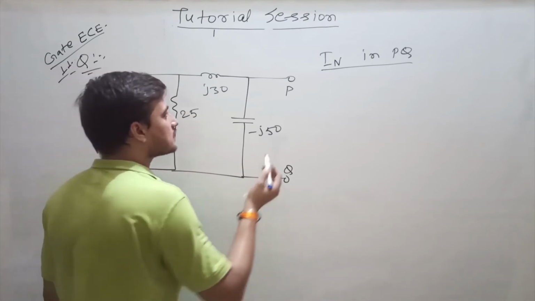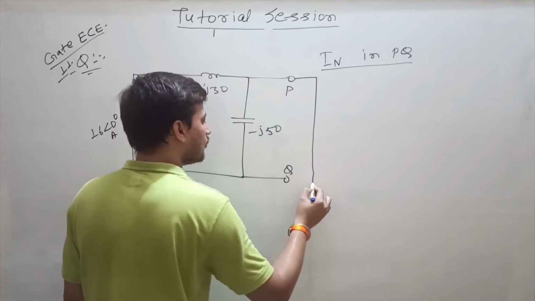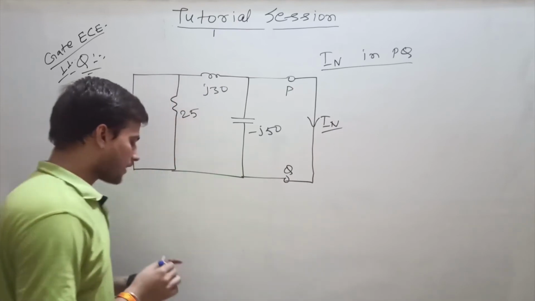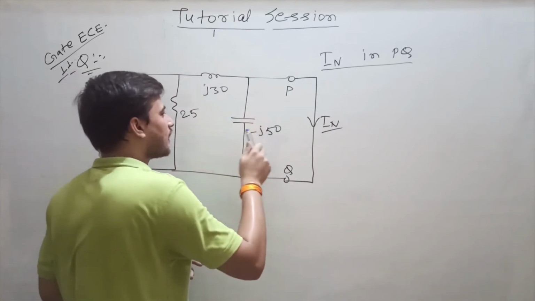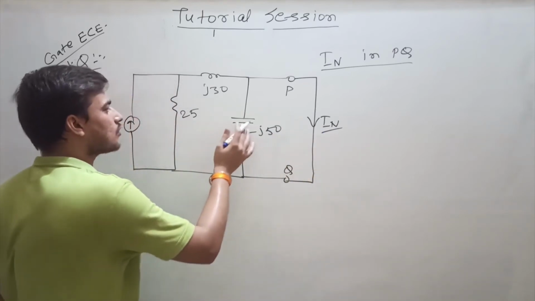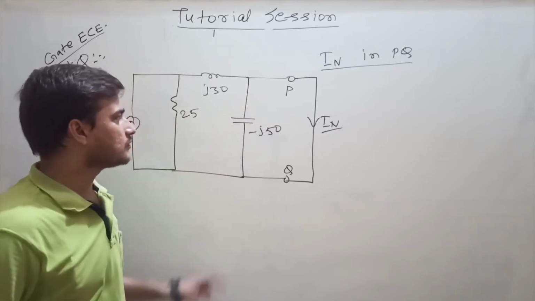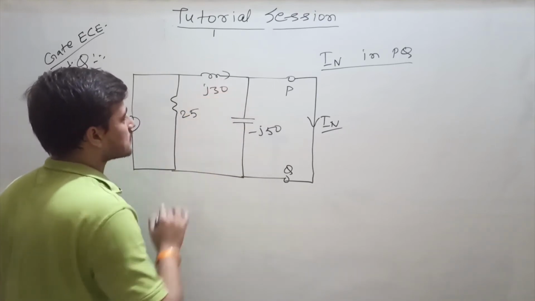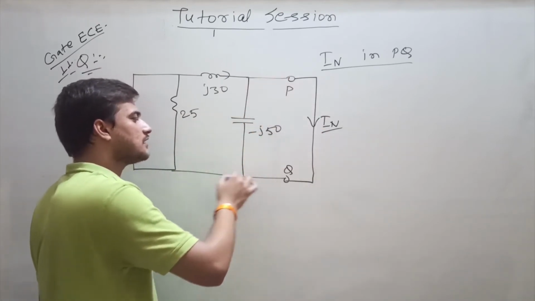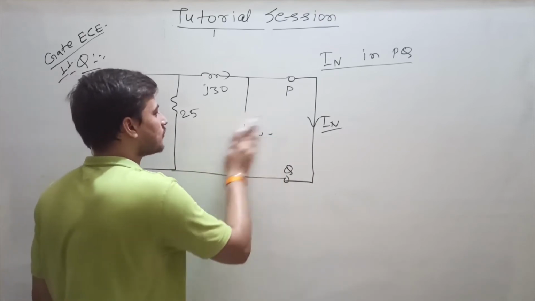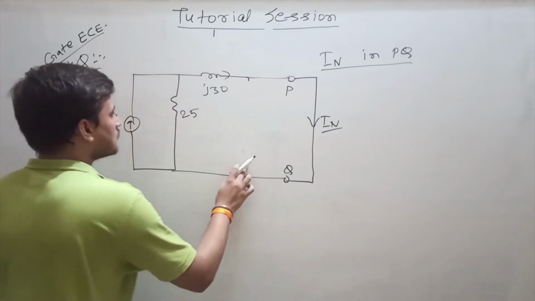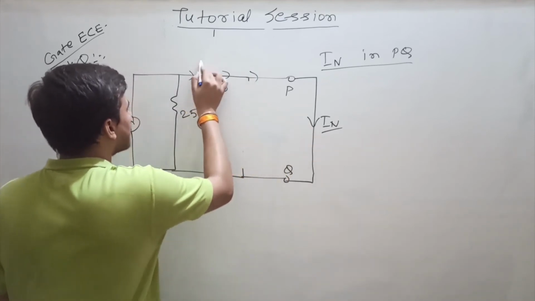To find Norton's current, you will have to short circuit the load terminal. This current will be IN. Once you have short circuited this one, then you see a capacitor is connected in parallel with the IN branch. So this capacitor will have no role because there won't be any current flowing through it. The current coming out from this inductor will choose the minimum resistance path, and if it already has a zero resistance path, then this current is not going to flow through this capacitor. Clear? So now you see this current is IN, this current is also IN.